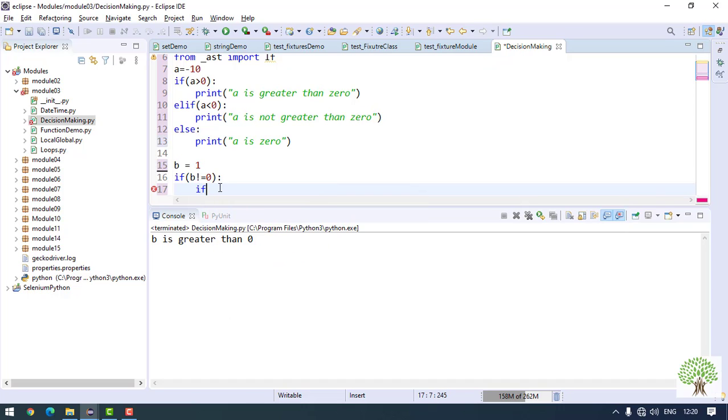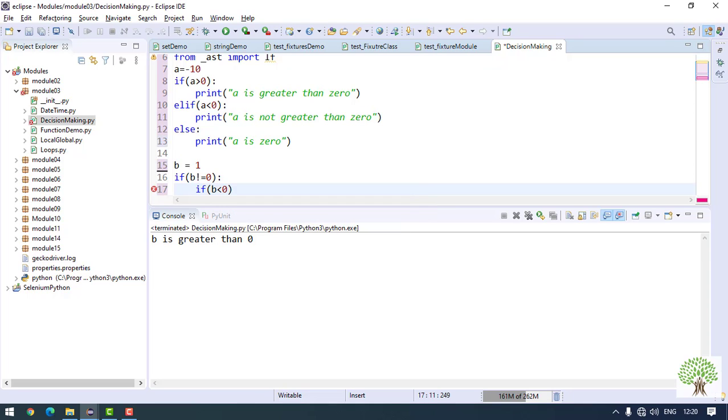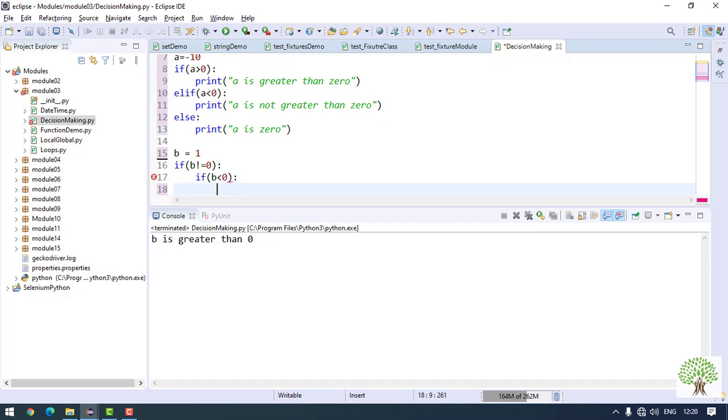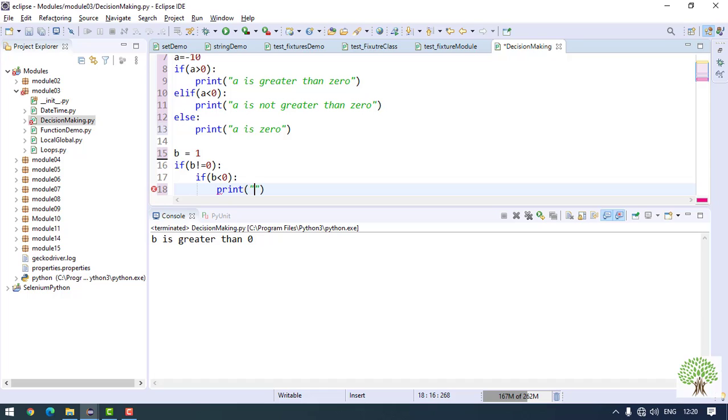If it is not 0, then just check whether my b is greater than or less than 0. So if it is this, I'll say print b is less than 0,